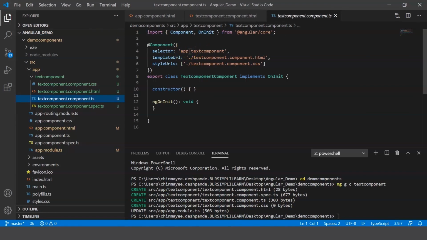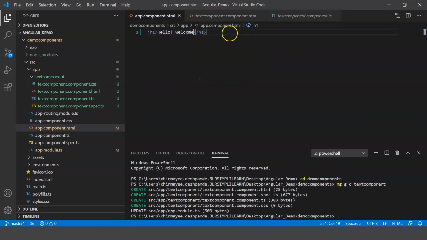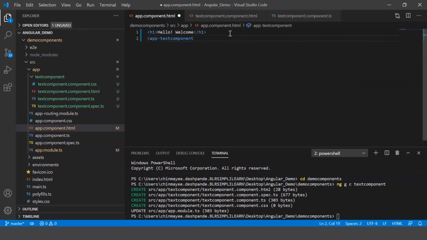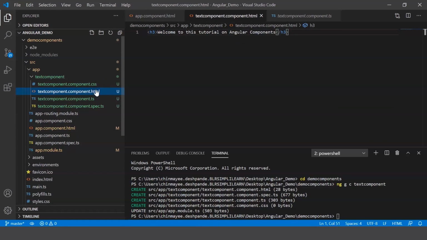app-text component. Now go ahead and copy this, and in your final component.html, go ahead and create your custom HTML tag with the selector that you just copied. Now this indicates that the component that you just created, that is the text component, is being incorporated in the final render. So what happens is that whatever is defined in the component.html file is also being rendered in your